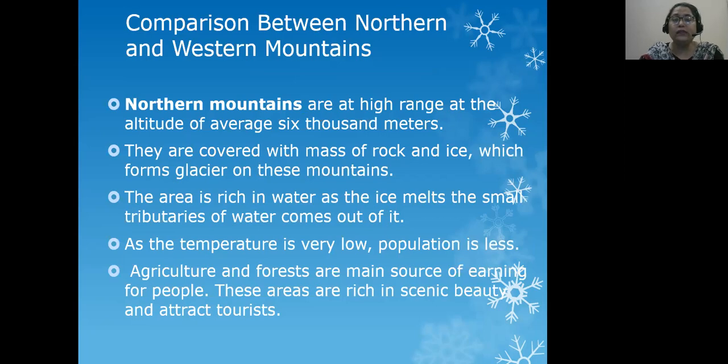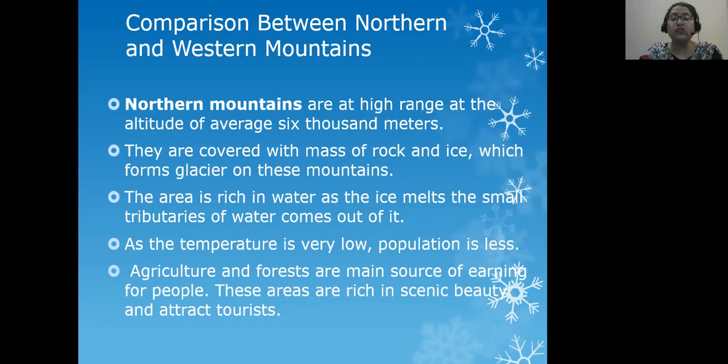So the northern and western mountains we found are a bit different from each other, but they both are extremely important for our country. Northern mountains are at a high range, at an average altitude of 6,000 meters. They are covered with rock and ice, which helps in the formation of glaciers. The area is rich in water as in summers when the ice melts, it creates small tributaries which join together in some rivers.